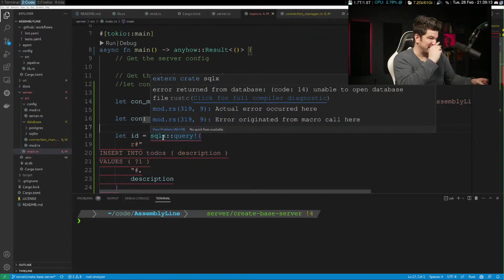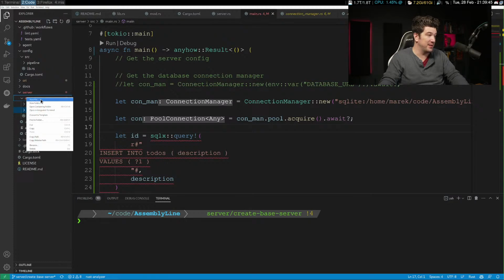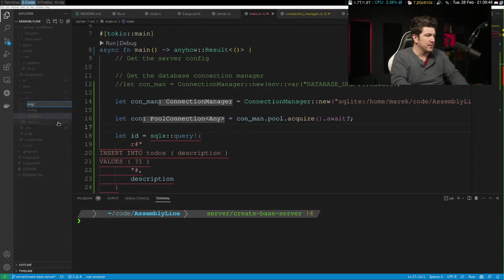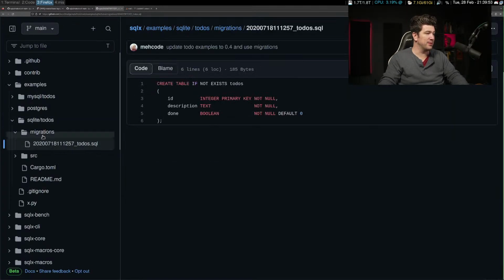All right, let's go back to this. It's saying unable to open database file. Doesn't say it doesn't find the table. But yeah, let's create the table. So you know what we're going to do? We're going to put a migrations in here, and we're just going to copy theirs and create it, and we're going to see. Migrations. It's probably not a bad idea to have some migrations anyways.